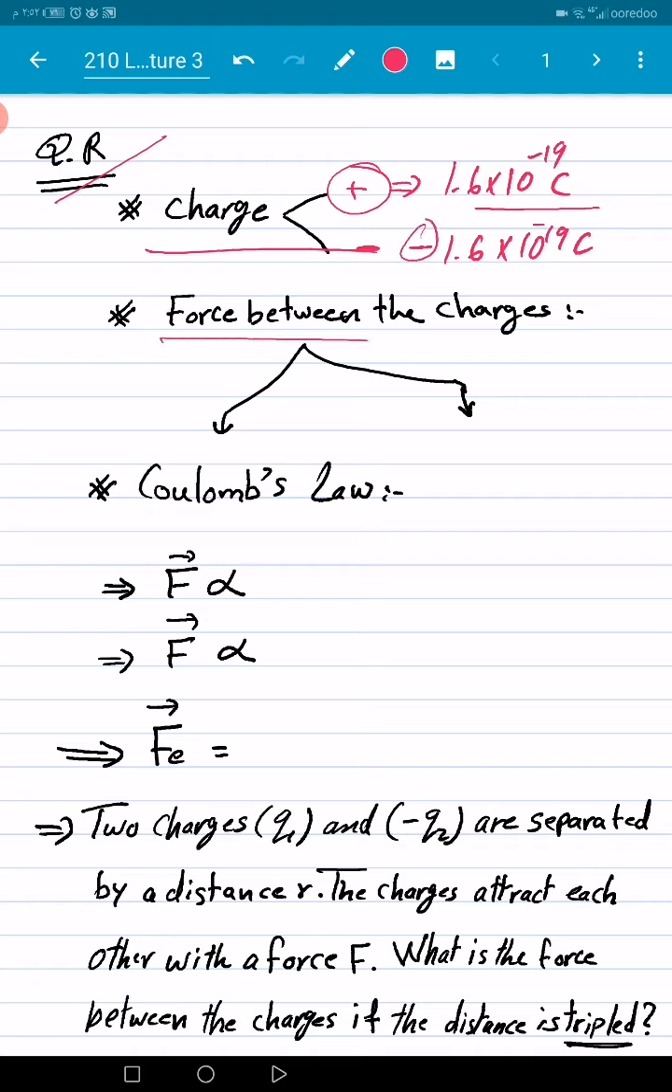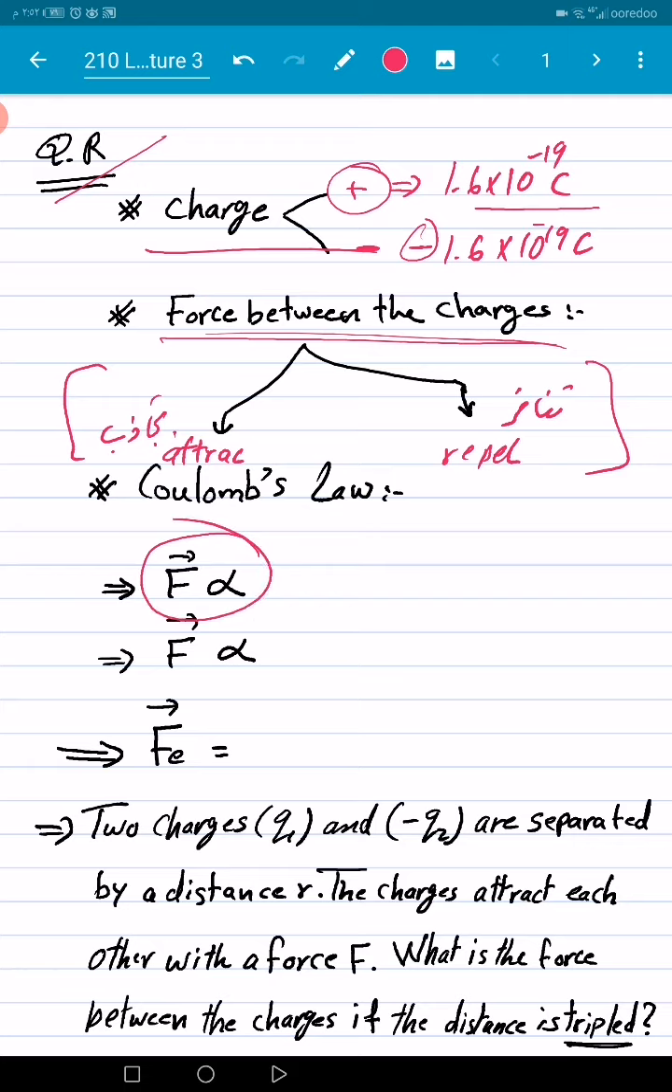The force between the charges, there are two types of force: attraction or repulsion. From this, Coulomb studied the force between the charges, and he found that